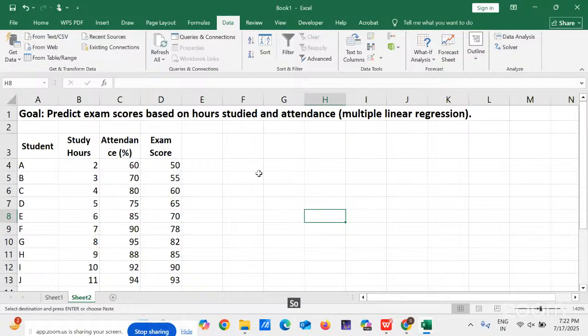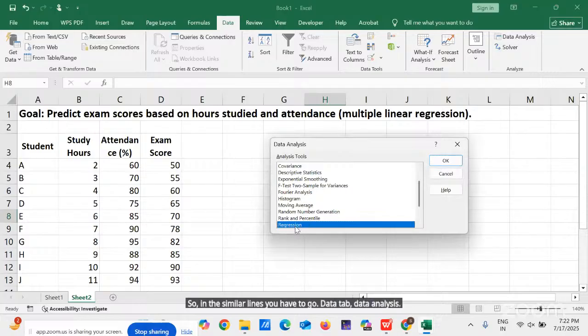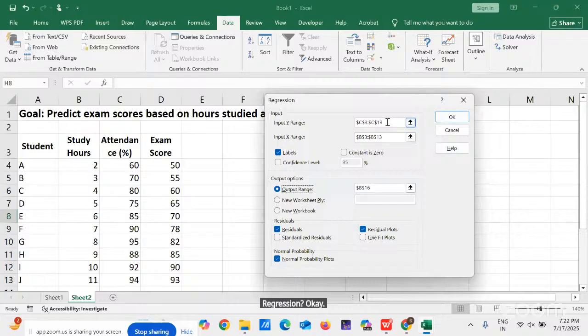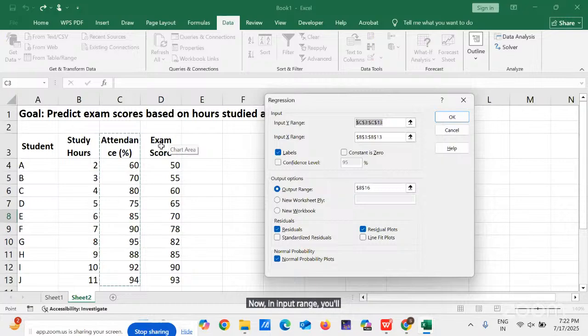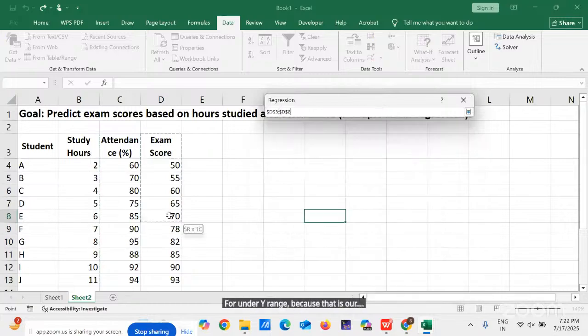So anyone tried going till what step? Let us see now. I will perform and show you. So on similar lines, you have to go to the Data tab, Data Analysis, Regression. Okay. Now in input range, you will be having the exam score, right? For the Y range, because that is our dependent variable,